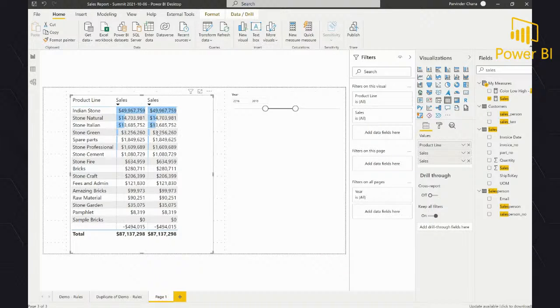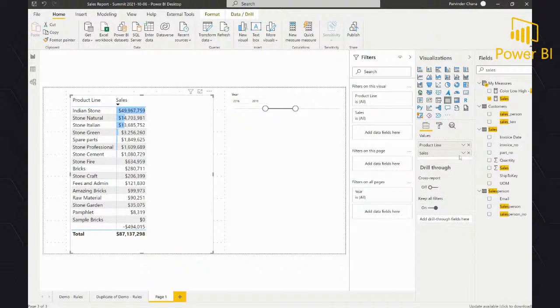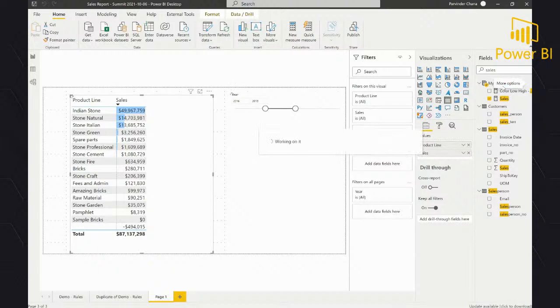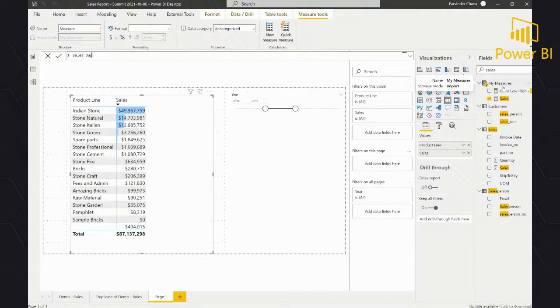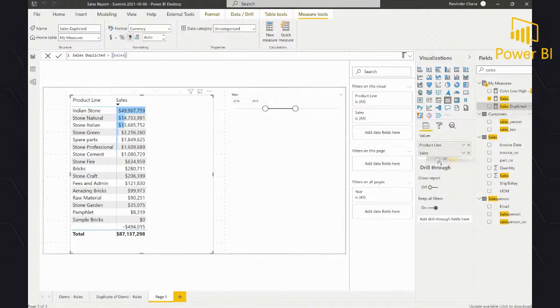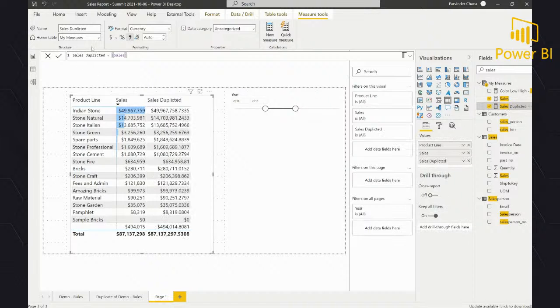But if I wanted two separate columns, one with the bars and one with the value, the only way to do that is to create another replica of my sales measure, call it sales duplicate, and just use my existing measure sales. So now we have a duplicate, or whatever we want to call it.